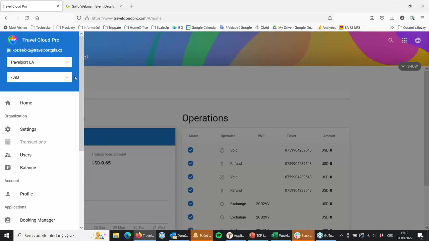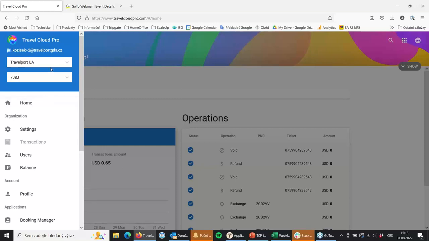So there is no possibility to have 2 organizations for the same pseudo city code. If you add a pseudo city code by mistake under an organization where you don't want to have it, then you have to contact us and we have to delete it or switch it in the database. It's not possible to do it on your own.